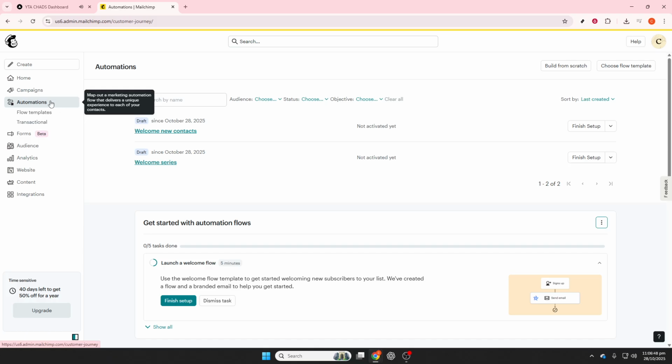Navigate to Campaigns, then Create, and select A/B Test Campaign. This allows you to test different